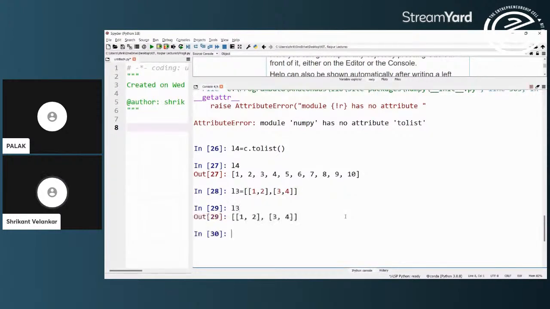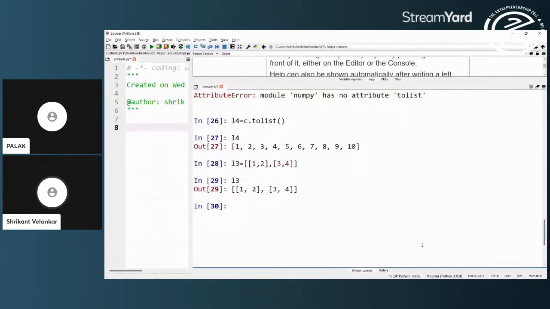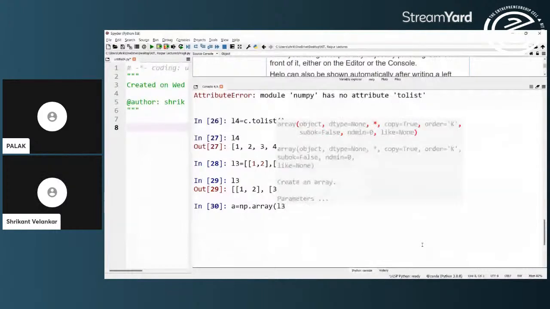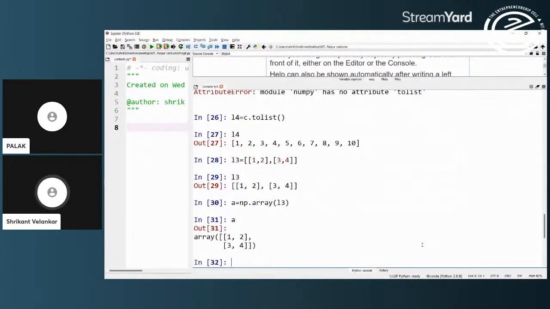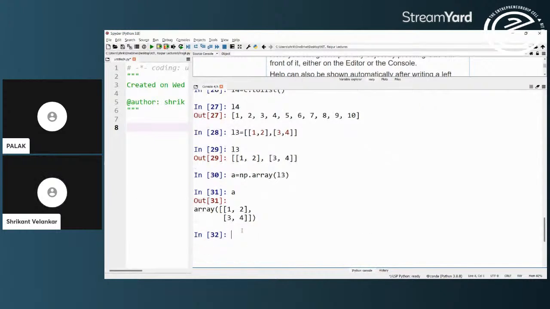So L3 is a two-dimensional list, and if I say A is equal to np dot array of L3, it will generate a two-dimensional array, as you will see rightly in output 31. So that is something like the Python data type list and its interchangeability and its portability with respect to the NumPy arrays. So they are freely interchangeable, portable and convertible.